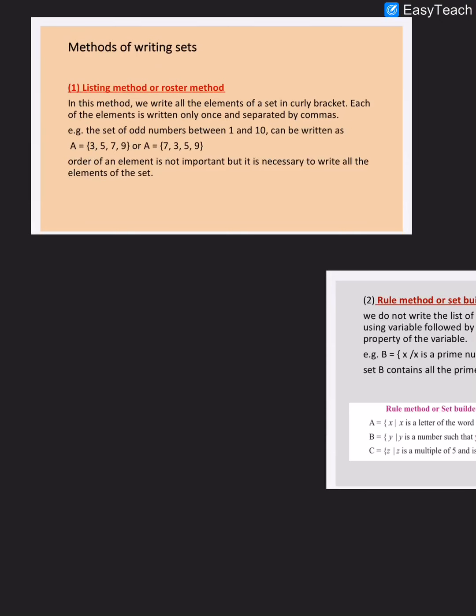Now let us see the definitions of the listing or roster method and the set builder method. Roster form: in this method we write all the elements within curly brackets, and each element is written only once and separated by commas. You can see it here: 3, 5, 7, 9.